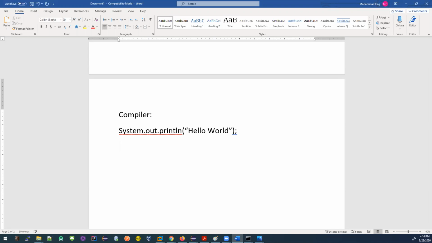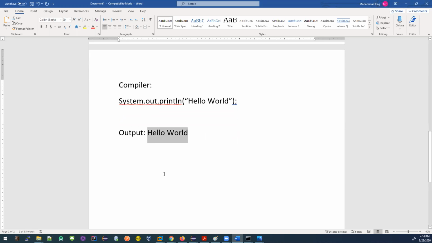Okay, and the output that you can see from your terminal, from your console output, would be hello world, right? So what is happening here when you're giving instruction from the programming language where you're writing this code, and then you can see the output hello world. This is a very simple example I'm giving. How is the compiler working in here?